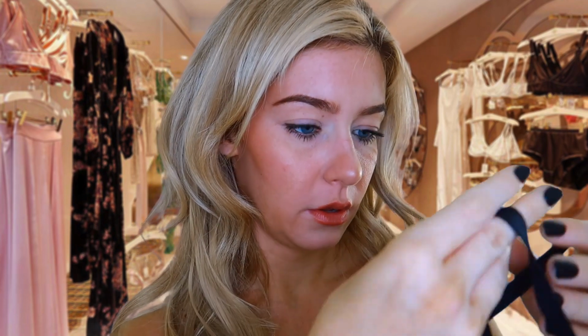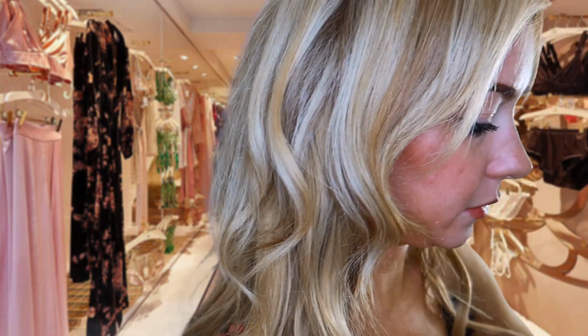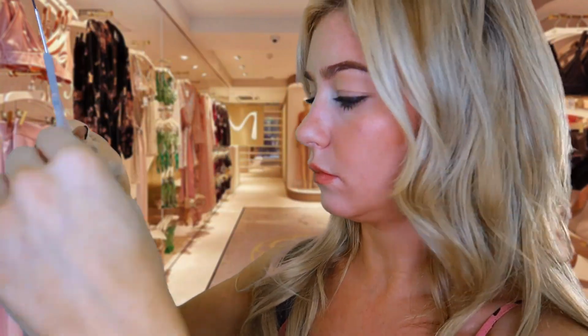Oh yeah, I love this one. That is very, very cute. Those straps there. Yeah, I think that's good. Very good. I actually do that up. Oh, where's the basic one though? Yeah, I think maybe this one. This is a good one to start with, actually. Okay, let me just... okay,